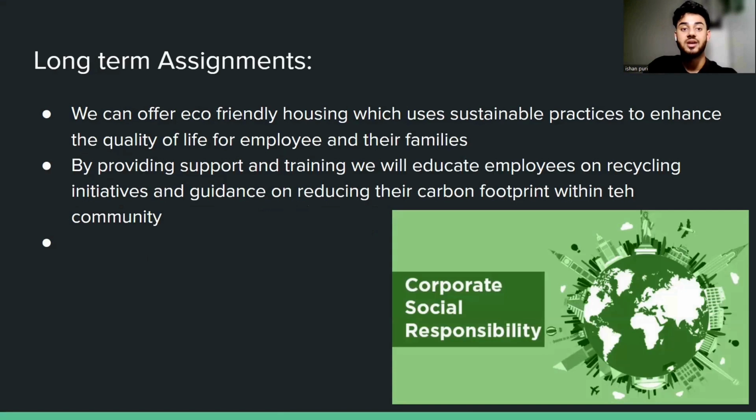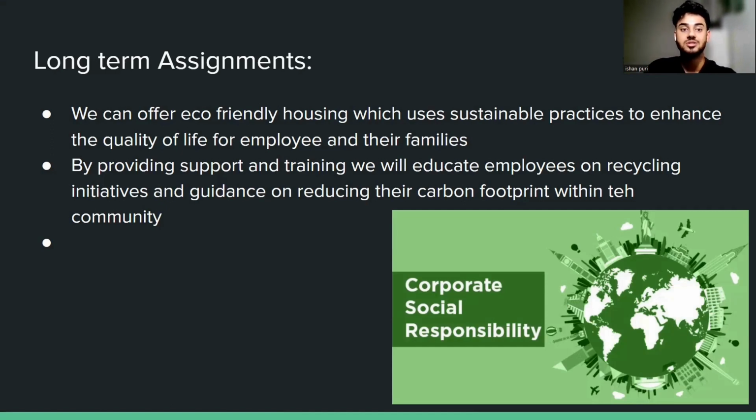Employees can be guided to select eco-friendly housing, reduce commuting distance, and choose homes with energy-efficient features, which in turn make a substantial difference. These initiatives not only support environmental sustainability, but also enhance the quality of life for employees and their families, aligning with corporate social responsibility values. Furthermore, CSR can be integrated into long-term assignments by providing support and training for employees to adopt sustainable living practices